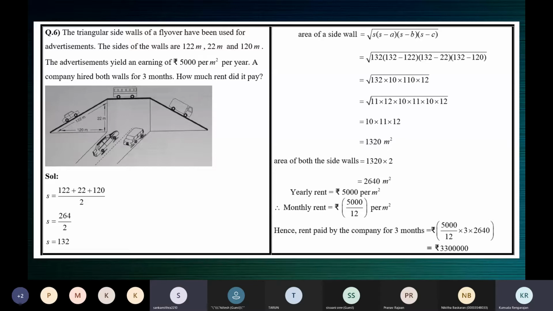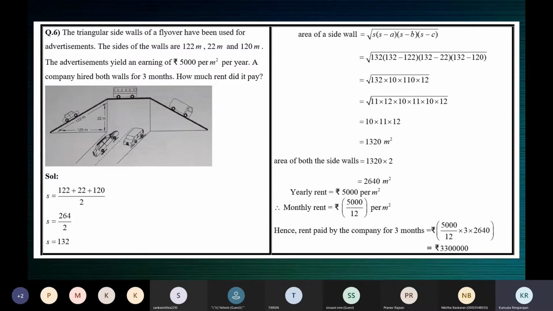Very good. Perfect, Sangamitra. Since we don't know as of now that the sides form a right triangle, though the triangle looks like a right triangle, you cannot assume it's a right triangle just because it looks like one. If it is a right triangle, it will be given in the question. The corner where it is right angled will be marked or mentioned. But that is not given, so when you try this, it may not be a right triangle also.